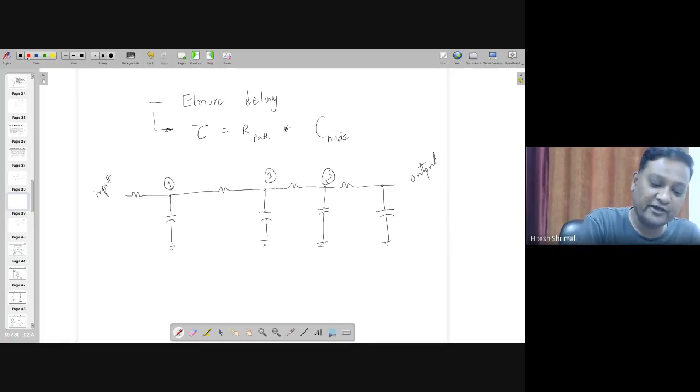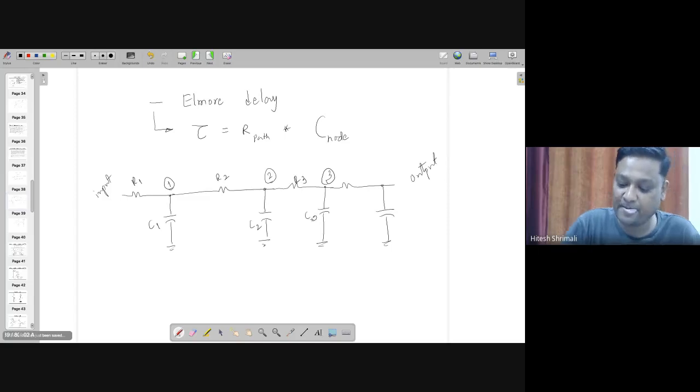So you need to find the following things: this one is R1C1, this is R2C2, this is R3C3, and this is R4C4. If I want to find the total propagation delay using the Elmore delay technique, you need